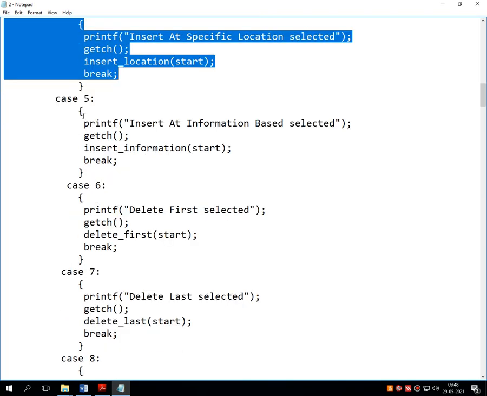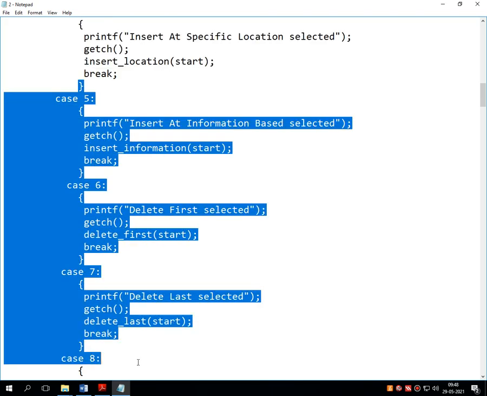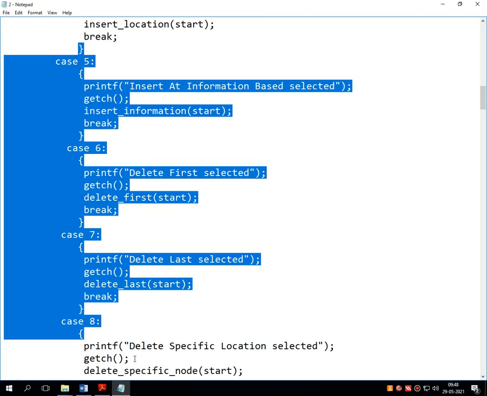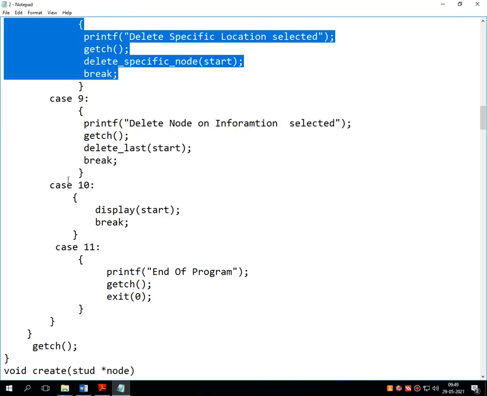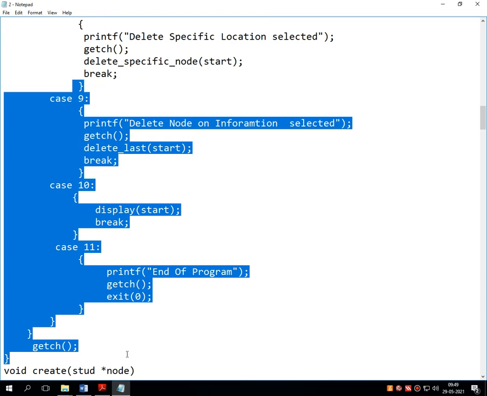Again pause the video and write down these lines. Again pause the video and write down all the remaining lines for completion of the void main statement.